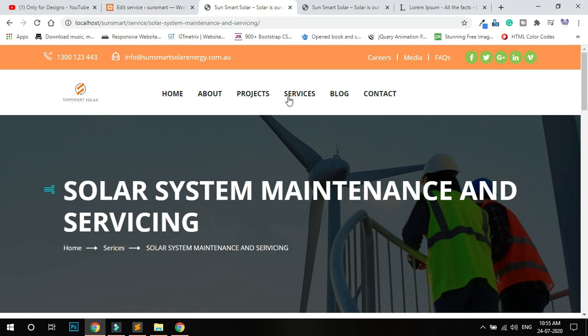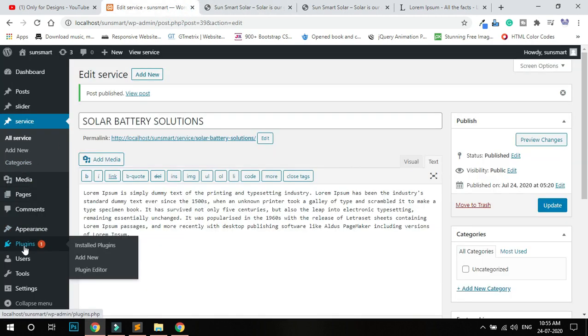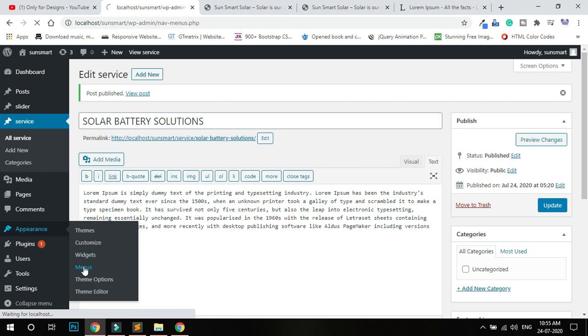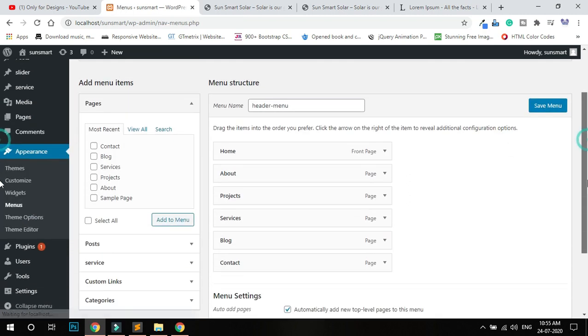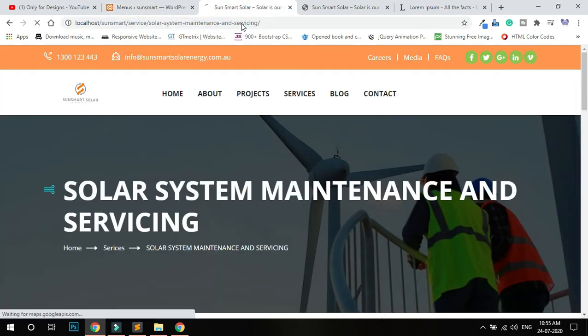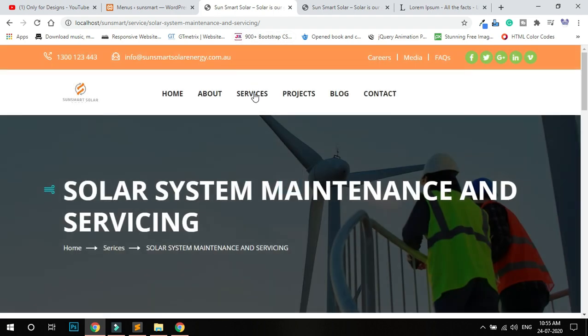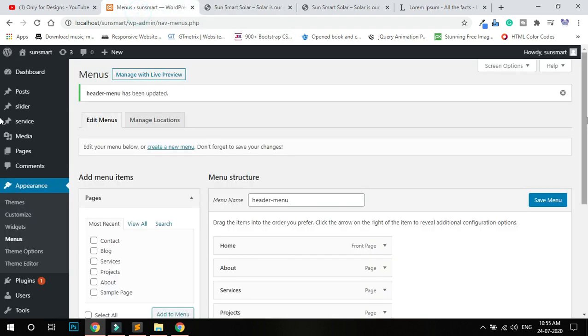But I need a drop down here, and need to change the position of service and project. So go to menu and first change project and service, just change the position. First I need service, then projects. You can see it changed, and I need a drop down in the service page.